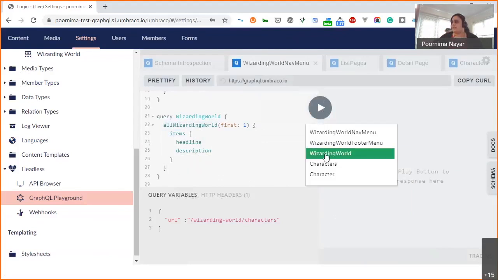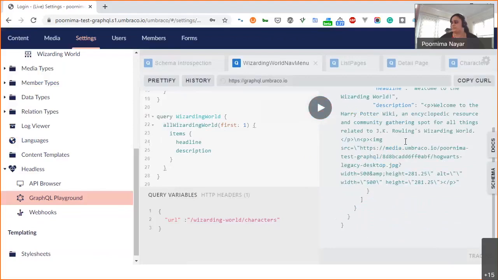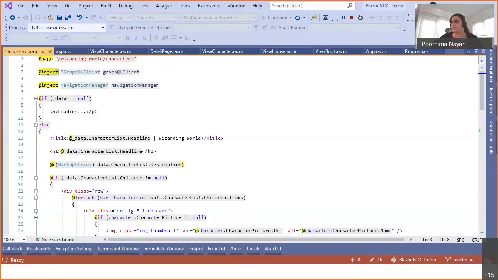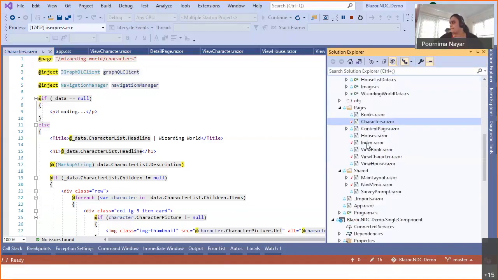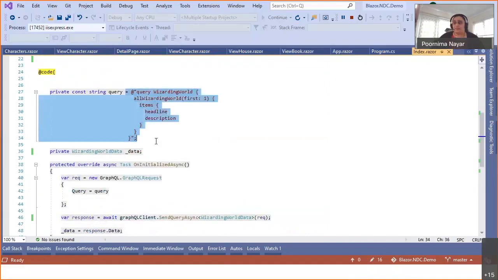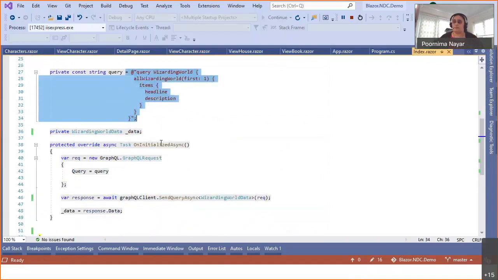And I can get the details like so. And back in my code in the index page, I have the query here. This is one of the annoyances I've got with GraphQL client. There is no nice way to put my query in place. Just for the ease of demo, I have put it in, but in reality, feel free to constant it up,